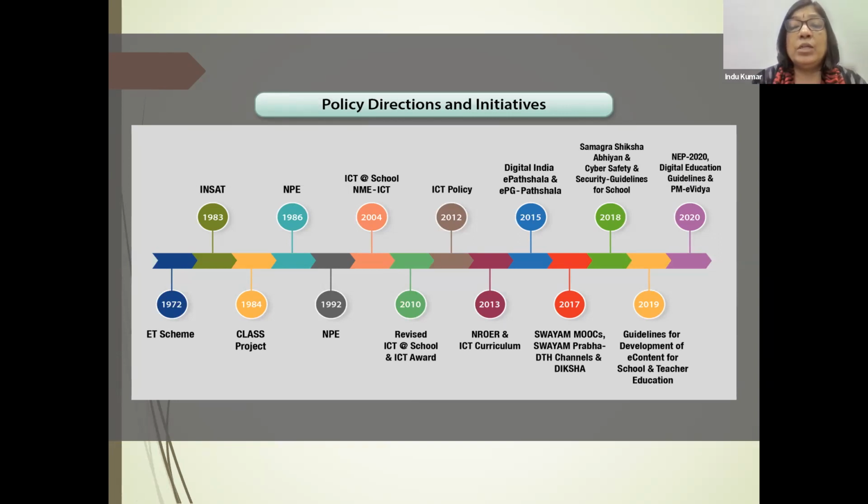So through the timeline, we could see the journey of the development of education, educational technology and ICT from 1972 to 2020, and all the initiatives as per NEP 2020 are in the pipeline or have been initiated in 2021 and 2022 as well.